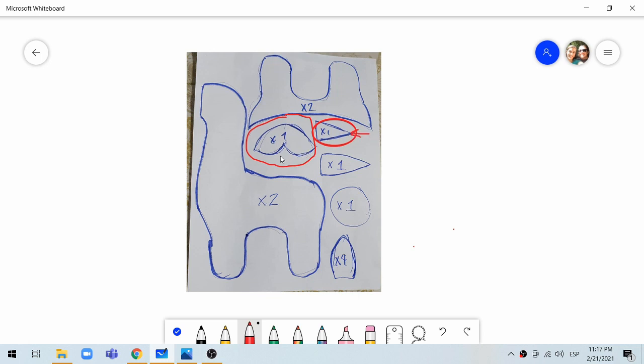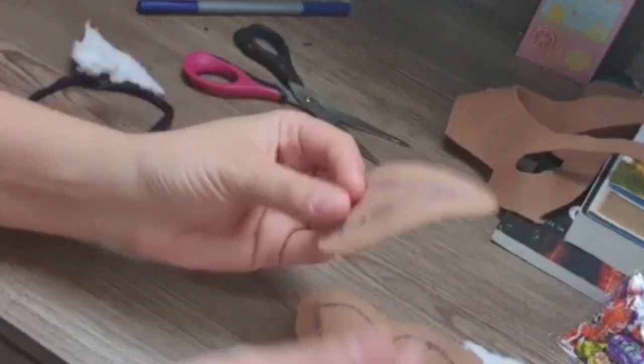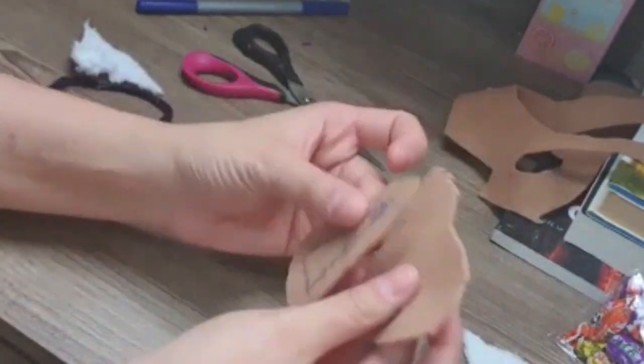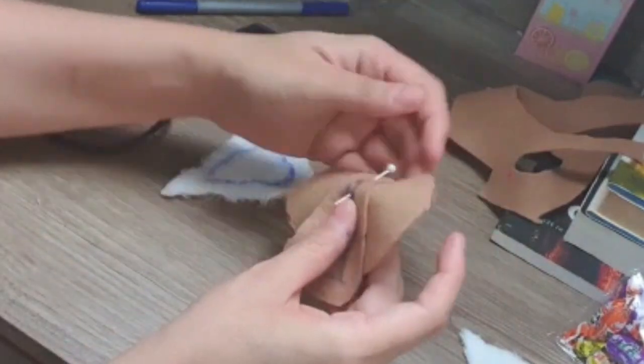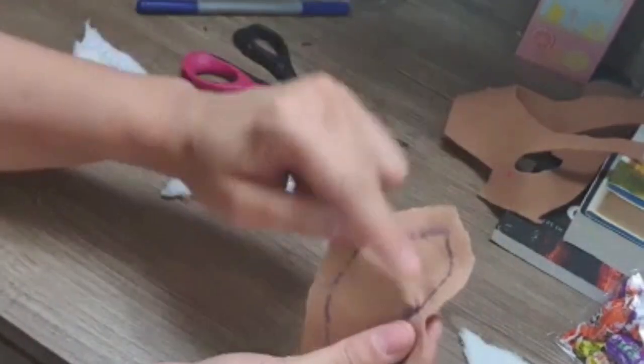And you're going to want to line this part with, no, you know what? I'm just going to do another snout just to help you out. I'm going to have to do another one using felt. So here you go. This line, this triangle with the center of this lip shape, and go ahead and